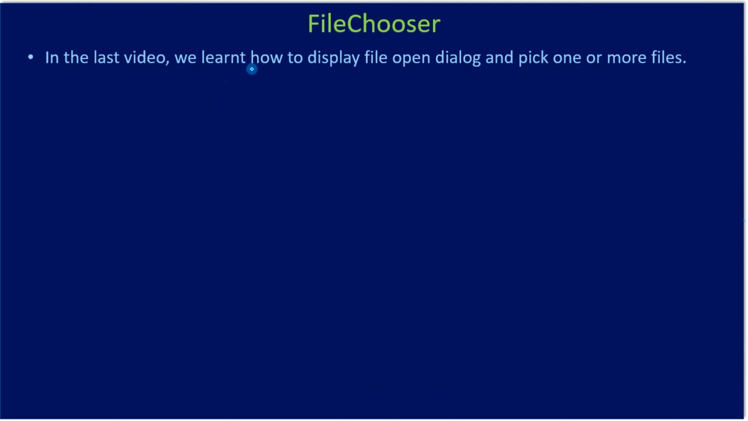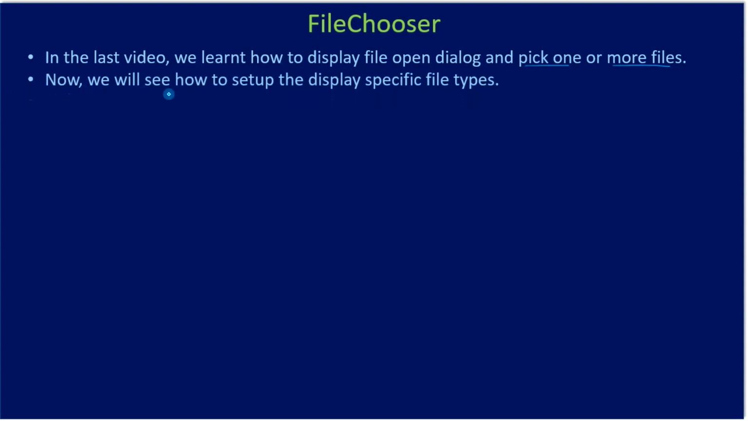In the last video we learned how to display the file open dialog and pick one or more files. So just the method name will change to pick one file or to pick multiple files. Alright, now we will see how to set up the display to show